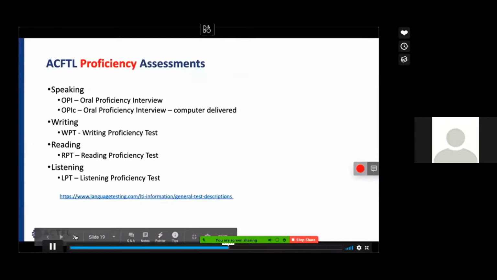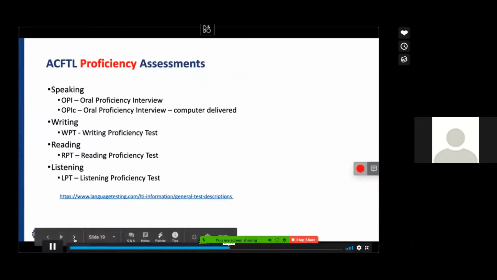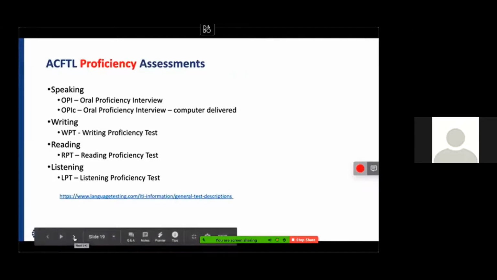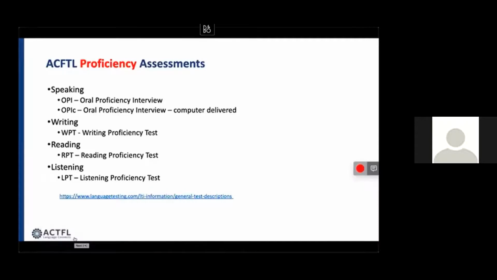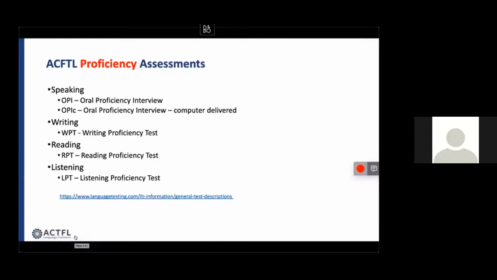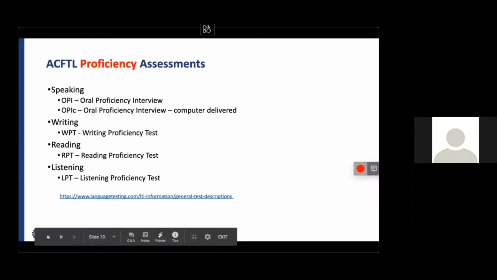Next slide. The actual proficiency assessment program has grown in the last 25 years to now include multiple assessments of speaking, writing, reading, and listening. What is unique about the actual testing program is that there's one centralized administration through the actual testing office, which is Language Testing International. All actual proficiency tests really use the same guidelines and the same assessment criteria for developing, validating, and rating assessments. And they can be accessed at the website that you see below.